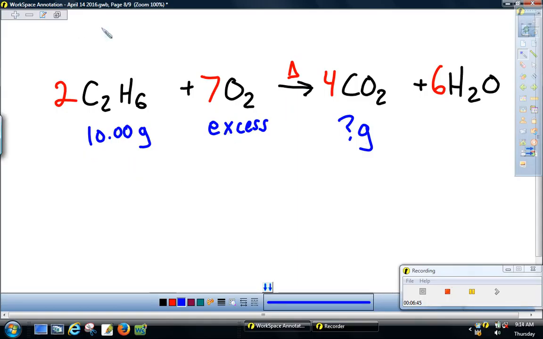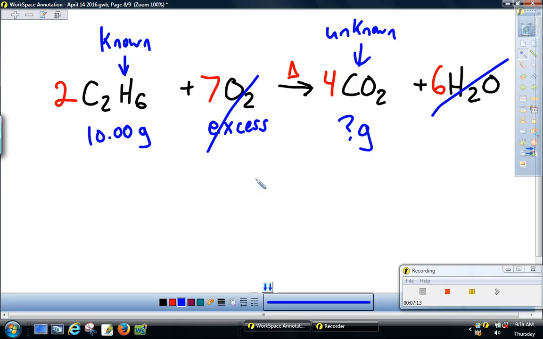So let's see here. So what do I know? This is my known. This is excess. I don't worry about it. Water's not mentioned here at all. It's a byproduct. We're not worried about that. What am I trying to find out? I'm trying to find out grams of this, so this is my unknown. So I'm going to take what I start with, 10 grams of ethane, put it over top of 1,